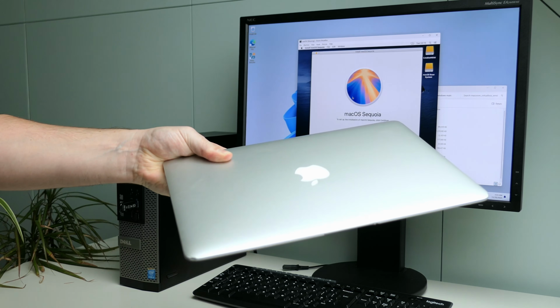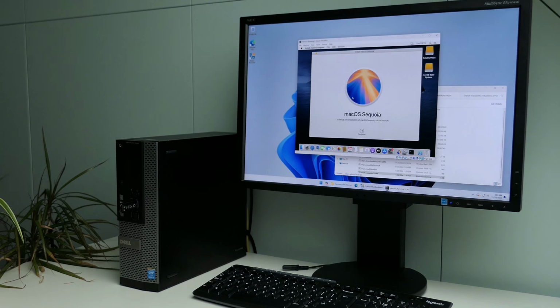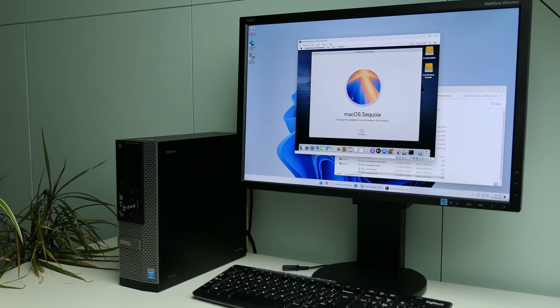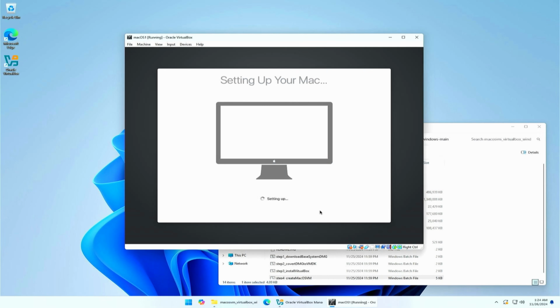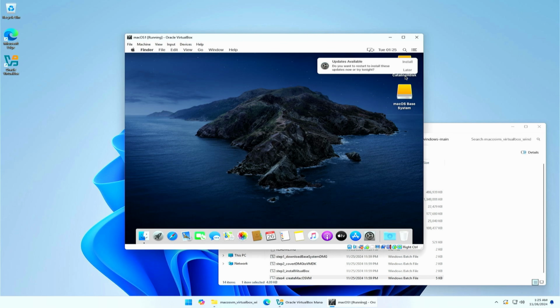As I wanted to avoid both using paid tools like Transmac or UUByte or using pre-created images, I decided to go for a slightly different approach here. Instead of directly creating that USB drive from Windows, we'll first get the macOS Catalina virtual machine up and running in VirtualBox and use that to create the installation media. This approach does add quite a bit of steps, but it gives you a lot of flexibility in return.